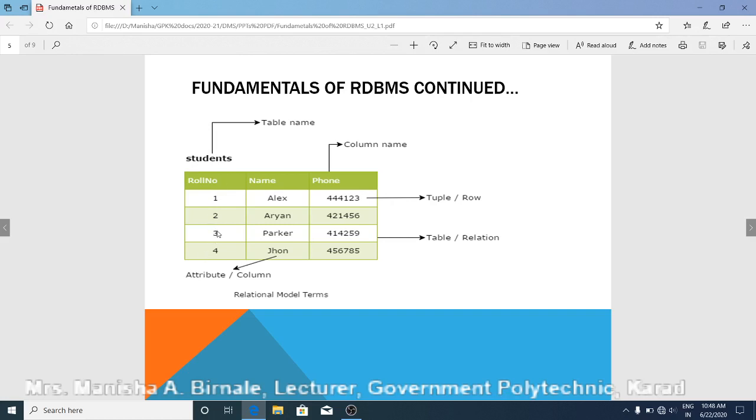These rows are also called records. There are 4 records in this table, or these rows are also called tuples. There are 4 tuples in this table. So in this way, in RDBMS information is stored in tabular format in terms of rows and columns.